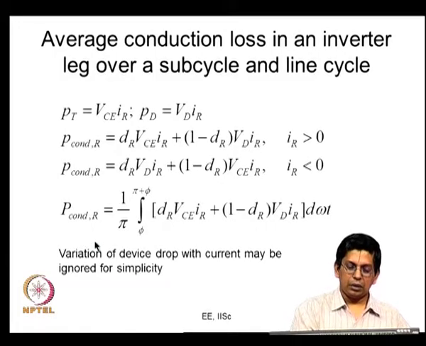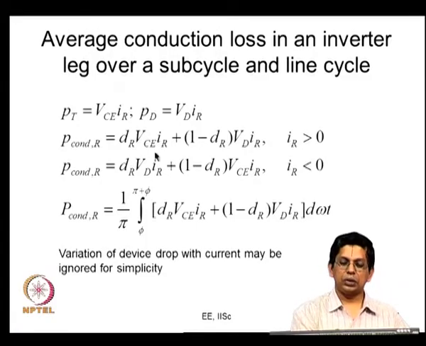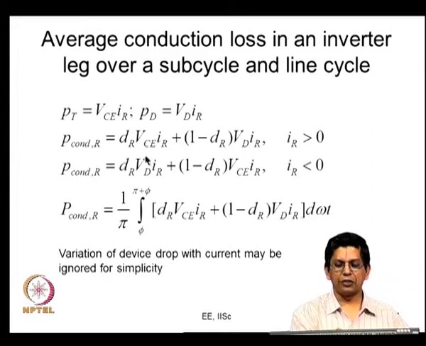So, you can also look at this VCE in terms of IR. If you say that you need a more precise calculation, VCE versus IR is available from the data sheet in some form or the other. So, this can be represented as a function of IR. A curve fitting can be done, for example, if the curve is available. Then you can use that and still do the calculations, and that could give you a more precise result, but for simplicity I have